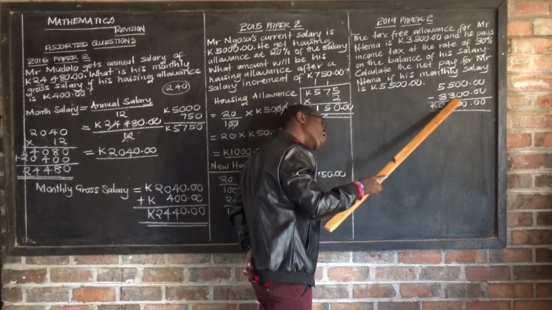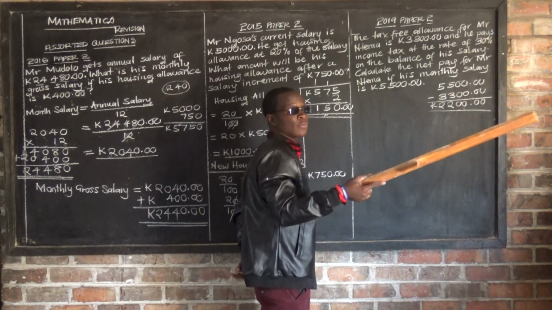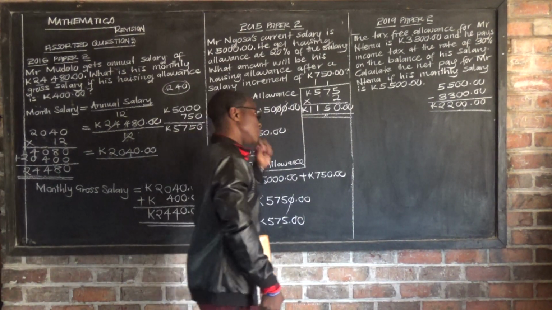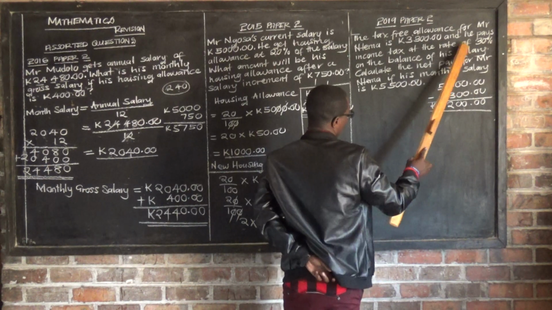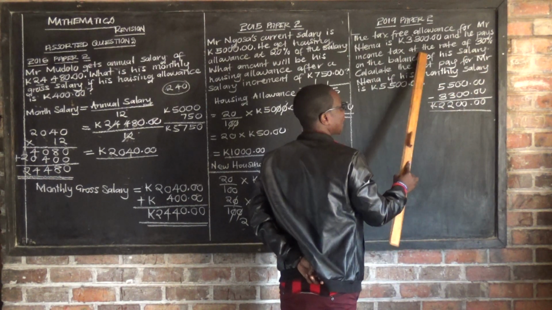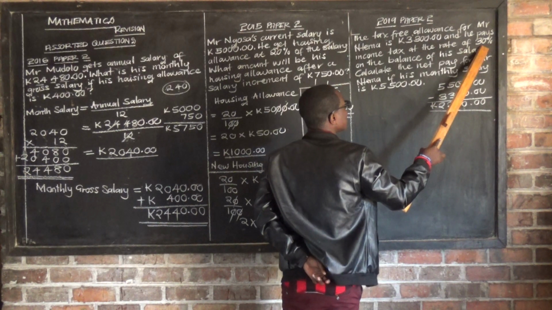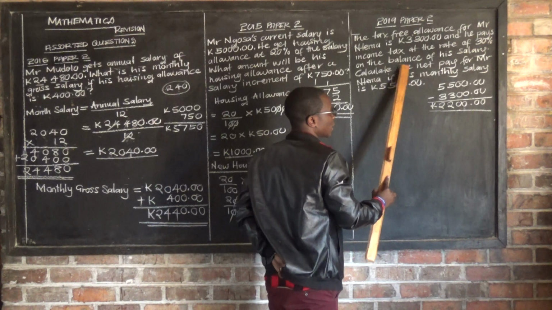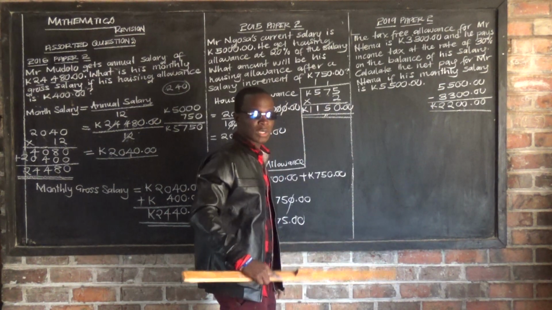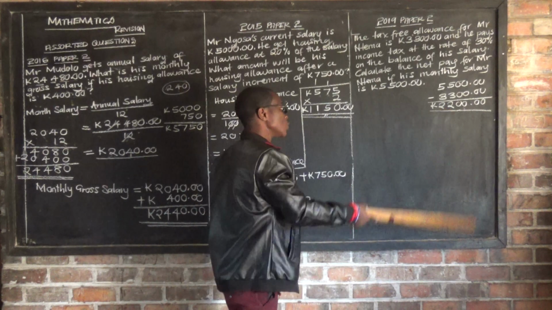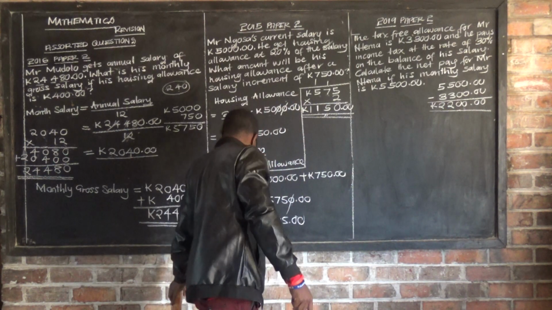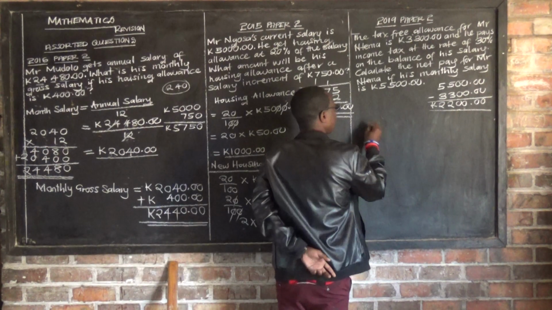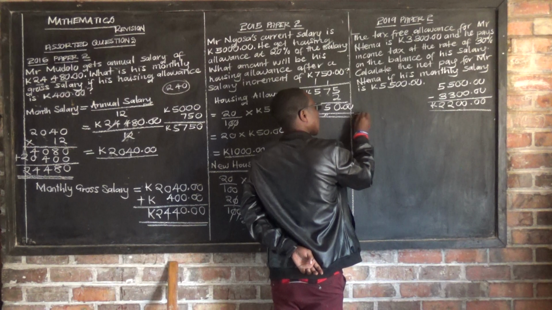And in this balance, this is where now they remove the tax. This is where they deducted. Take note. They are saying he pays income tax at the rate of 30% on the balance of his salary. On the balance. So which one is the balance? This one. Okay? So let's find out the tax he paid. The tax paid. Are we together? Yes. So now we say tax